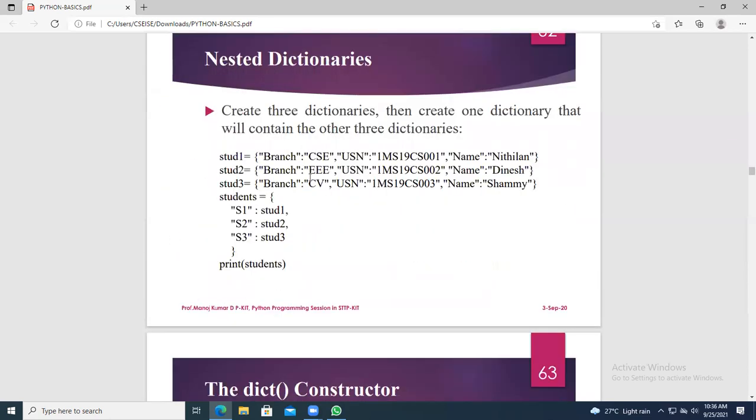Similarly, you can take this example. You take stud1, stud2, stud3, create 3 dictionaries, then create 1 dictionary that will contain the other 3 dictionaries.